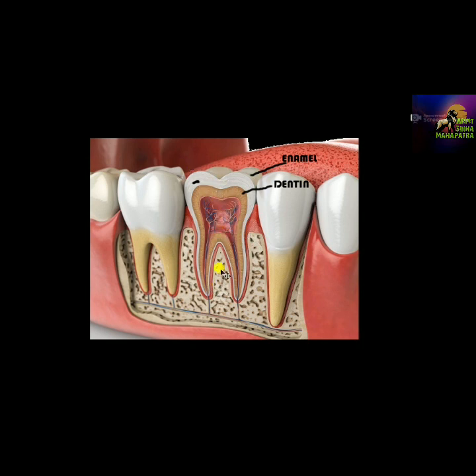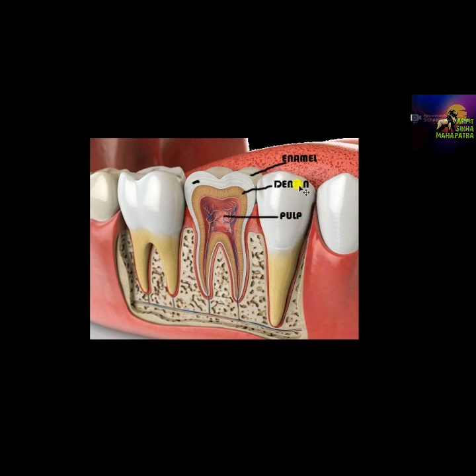So there are three parts. First is the enamel, second is the dentin, and last is the pulp, the inner and very soft part. There you notice the blood vessels, nerve fibers, and many other things located here. From these blood vessels and nerves, the teeth get nutrients and also stimuli and impulses. This soft part is called the pulp cavity. So we will write, this part is called the pulp.